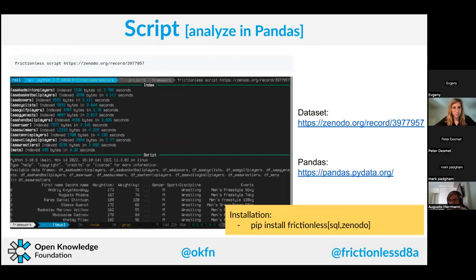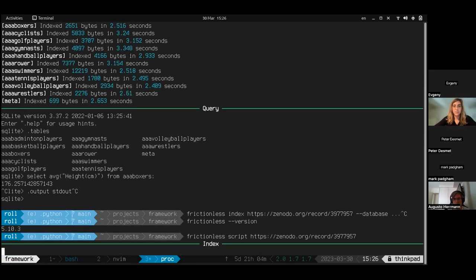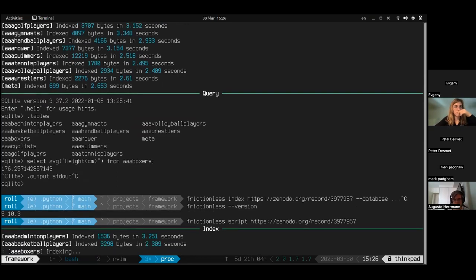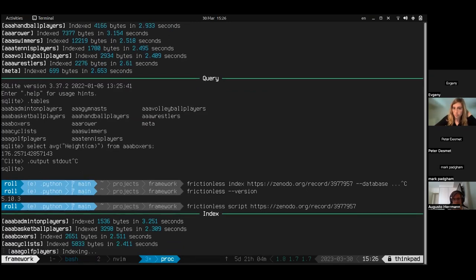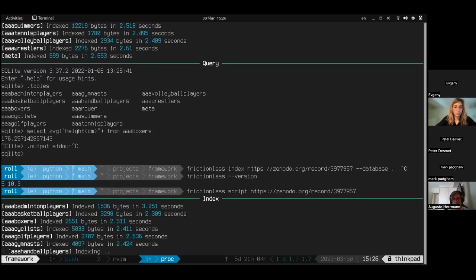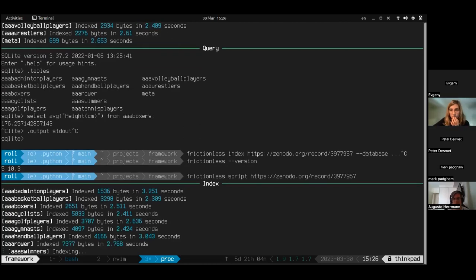So the next command script, the idea is the same. You have a data set, and you do a quick data exploration. It will again index the data set. That's the case when you might use the index command first and then do everything on an already prepared database. It's remote, but still it's a small data set, so it's quite quick. And the script will